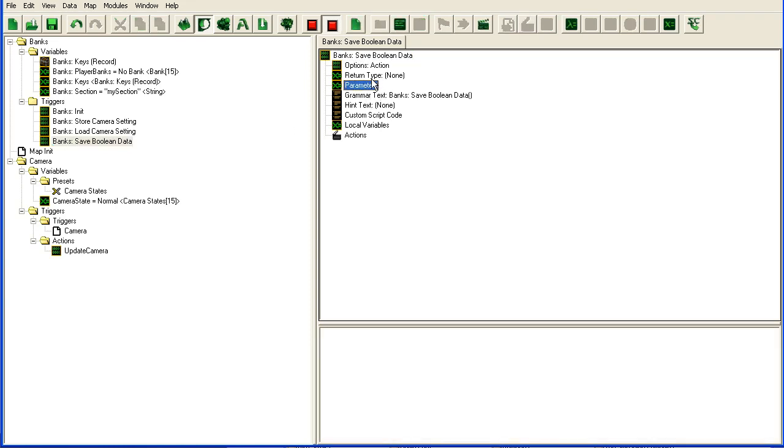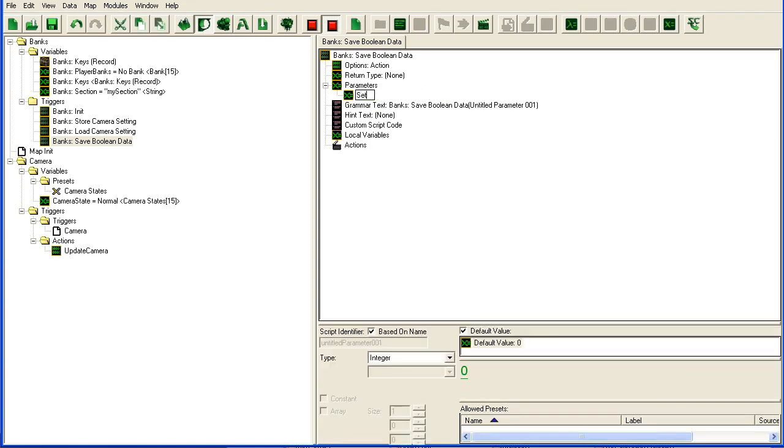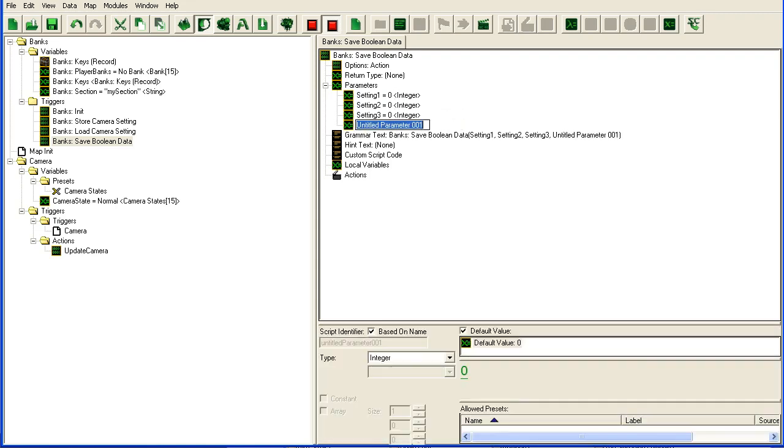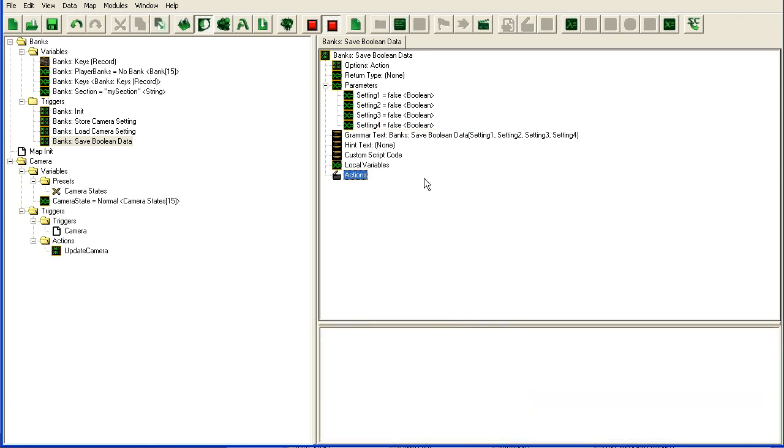Now this way of saving something only works with true or false values. So it can only have one of 2 states, the data that you save. Setting 1, setting 2, setting 3, setting 4, but you can save as many settings as you want, almost, in a single integer value in your bank. So if you have a lot of true or false settings, you can use this method. The way you do it is you summarize